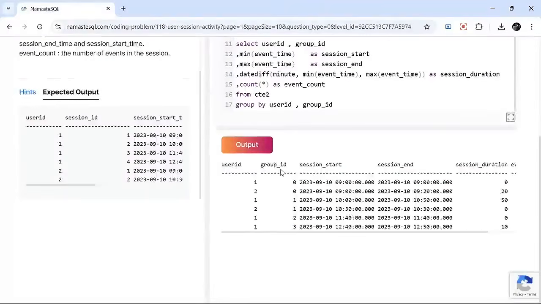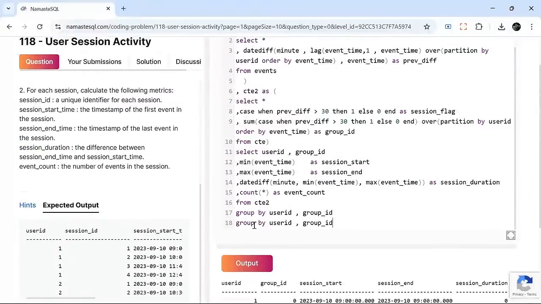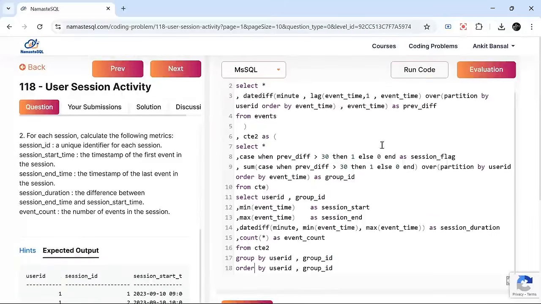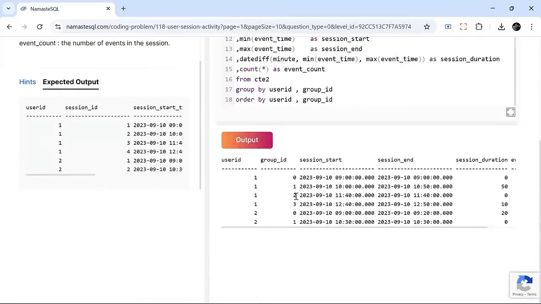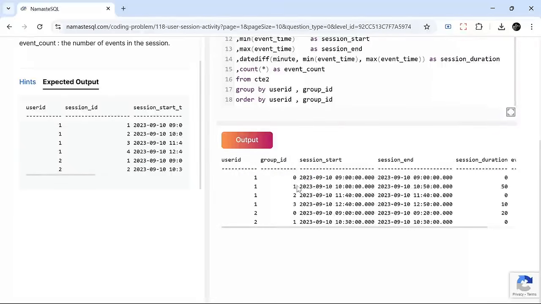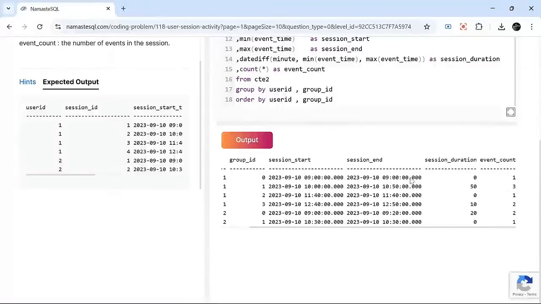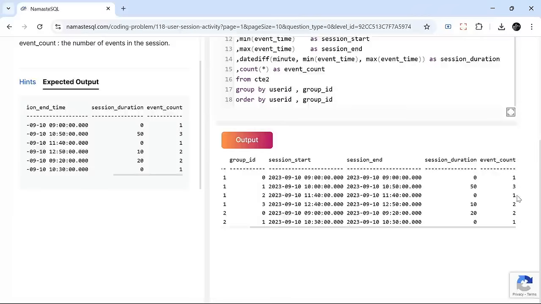Okay, so if you see user ID, group ID, right? So there is only one row in this group, so we are getting it, right? Now the second is user ID 1 and 3. So let me sort it by user ID and group ID so that it will be clear. Order by user ID, group ID. Perfect. Okay, so now if you see user ID 1, group ID 0, how many events are there? 1, right? Now in the second session, which is starting at 10 and ending at 10:50, there were 3 events we saw, right? So this is all expected. One session, 3 sessions, then one session, then again 2, then again 2 and 1 session, and session